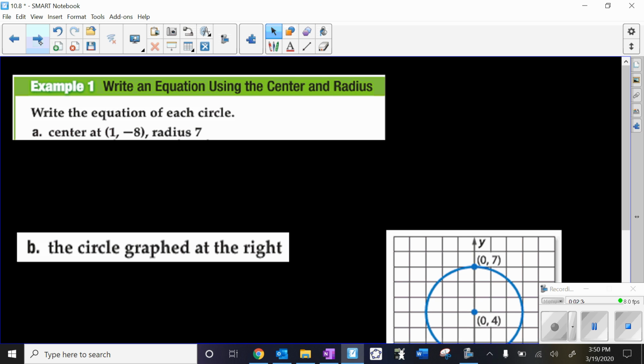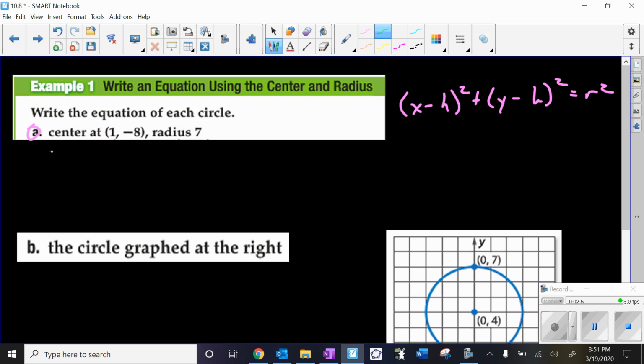I've got, in part A, the center is at 1, negative 8 with a radius of 7. So I'm going to rewrite our equation. X minus h squared plus y minus k squared equals r squared. And I'll take 2 steps to do this one. Okay, so I'm going to start with x is part of the equation. They don't tell me what the other point that I have. So we're going to say x minus 1, because that's the x coordinate of my center, plus y minus negative 8